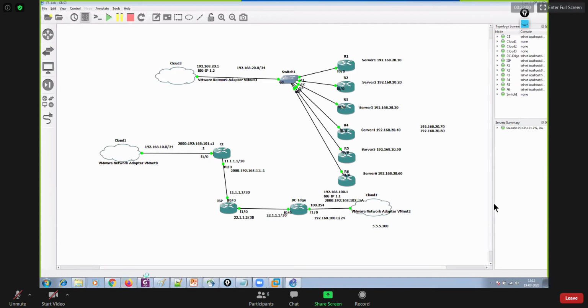So we will have access to the BIG-IP first, and thereafter we will continue with the NAT.